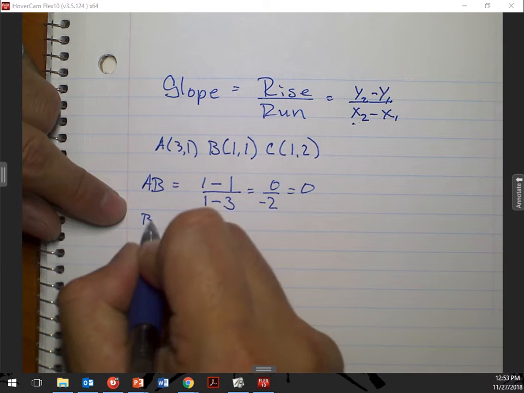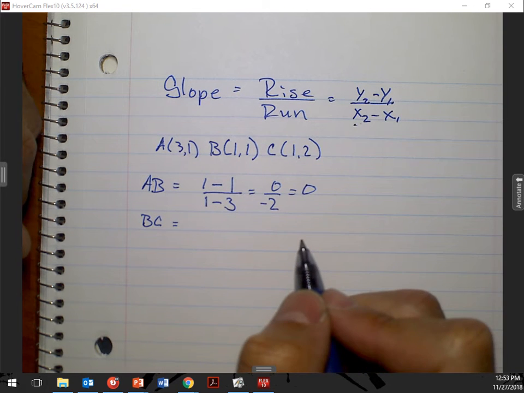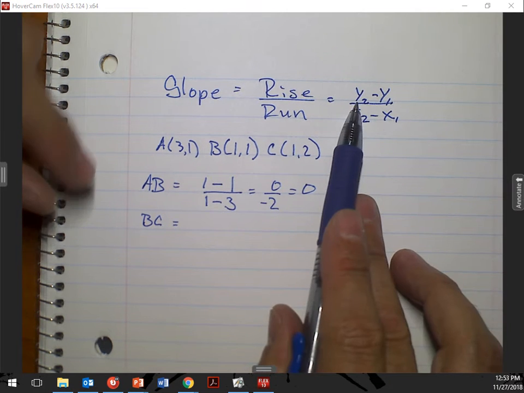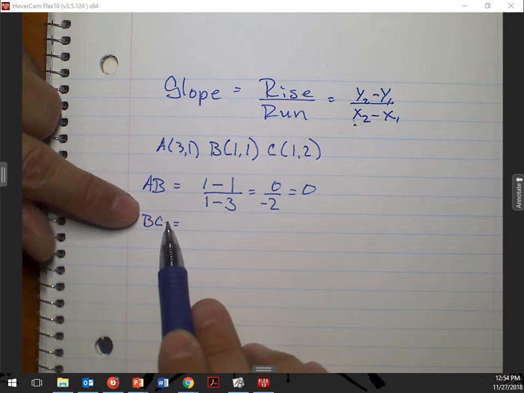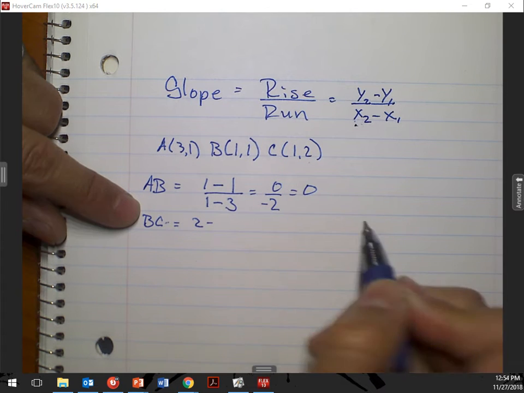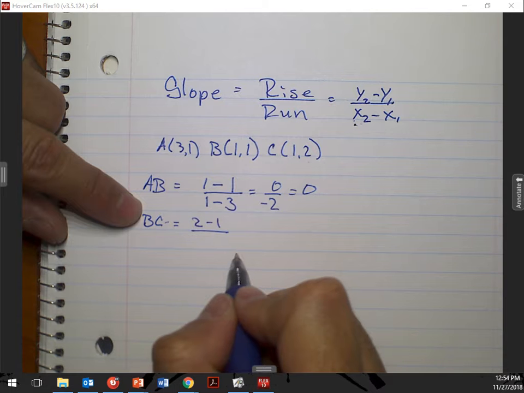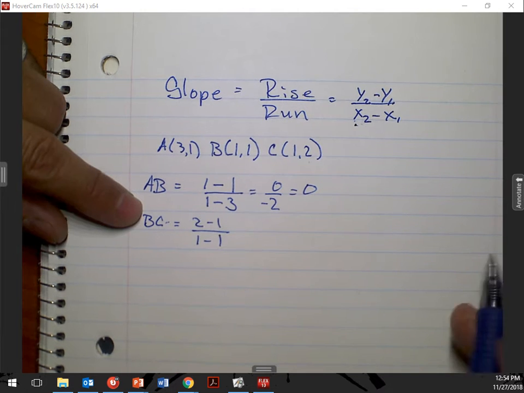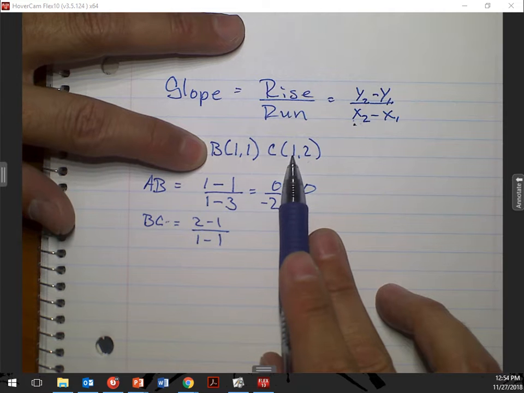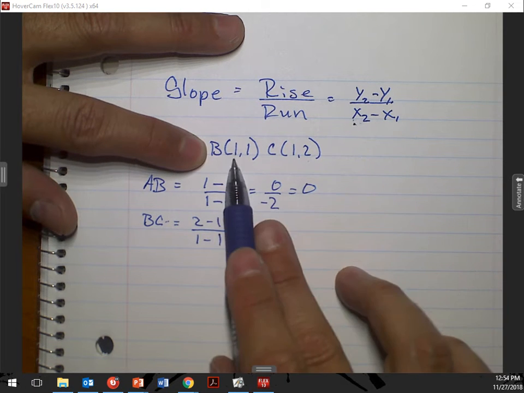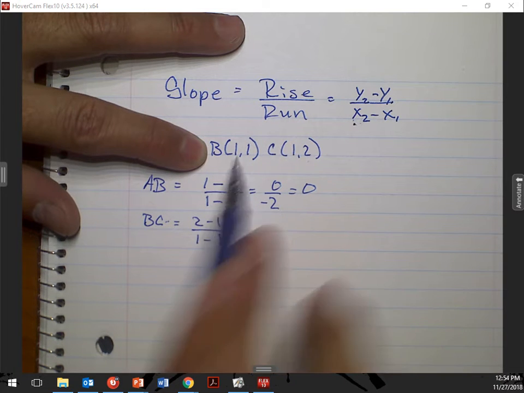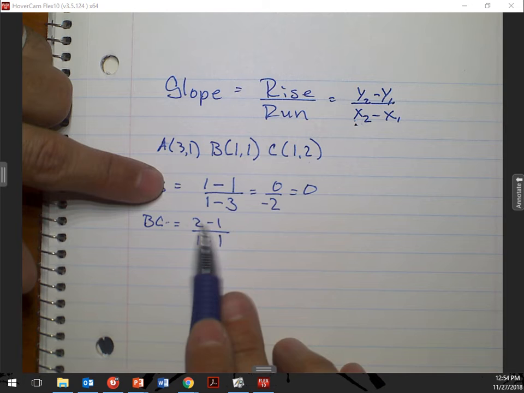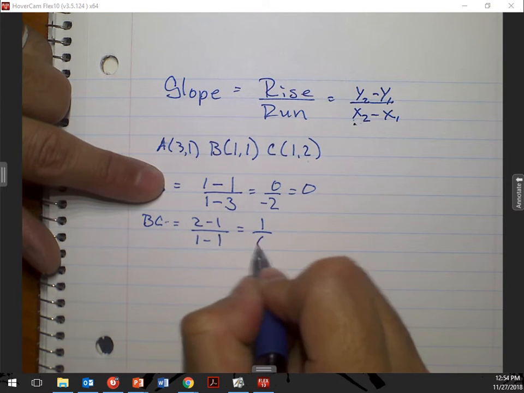Okay, so the next one is BC. So what numbers am I plugging in for BC? What's Y from the second point? 2, because it's BC. BC is the second point, right? So it's going to be 2 minus 1 over 1 minus 1. X from the second point is going to be 1, right? I'm doing B and C here. So it's 1 minus X from the first one. That's why, if you write it out by letters, B is my first one, C is my second one. Does that make sense? Okay, so 2 minus 1, 1 minus 1, 0. So that slope is going to be,